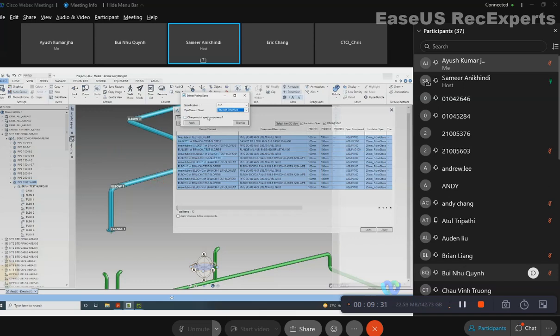And this is a checkbox, change out of spec component. This is a special checkbox because those components, sometimes what happens is we make a spec for supports. The support spec is not the same, it's a common spec for all the piping specs, right? So you do not need to change the support spec, right? Or sometimes what happens is for instrument we make a separate spec and this will be